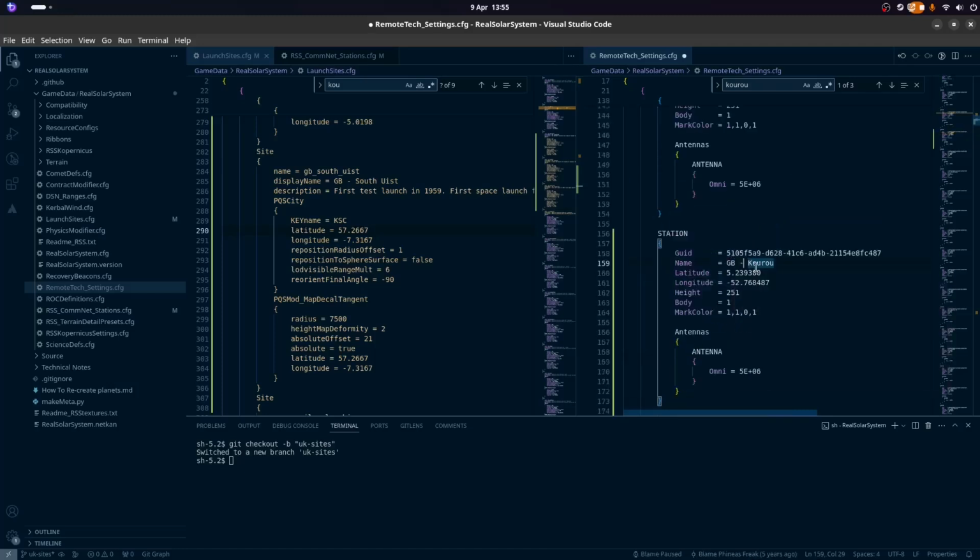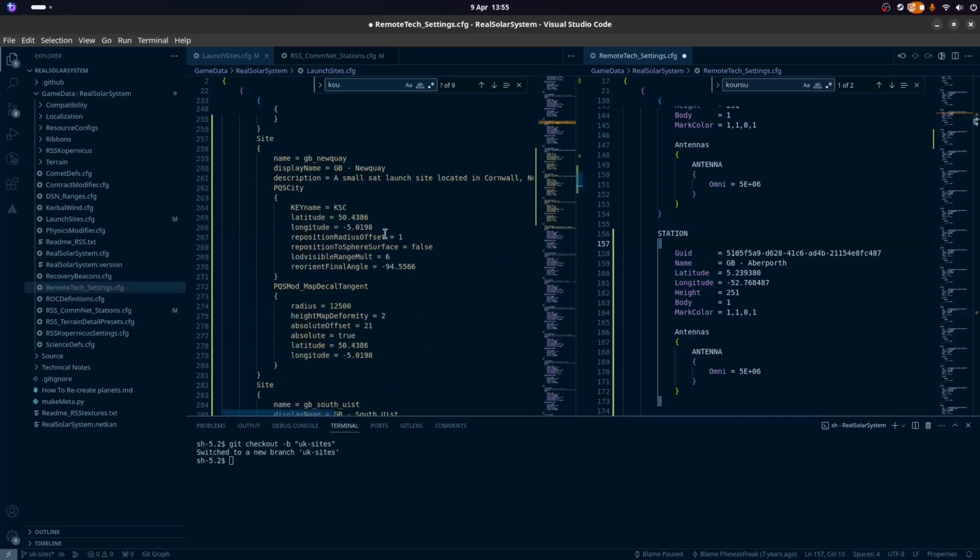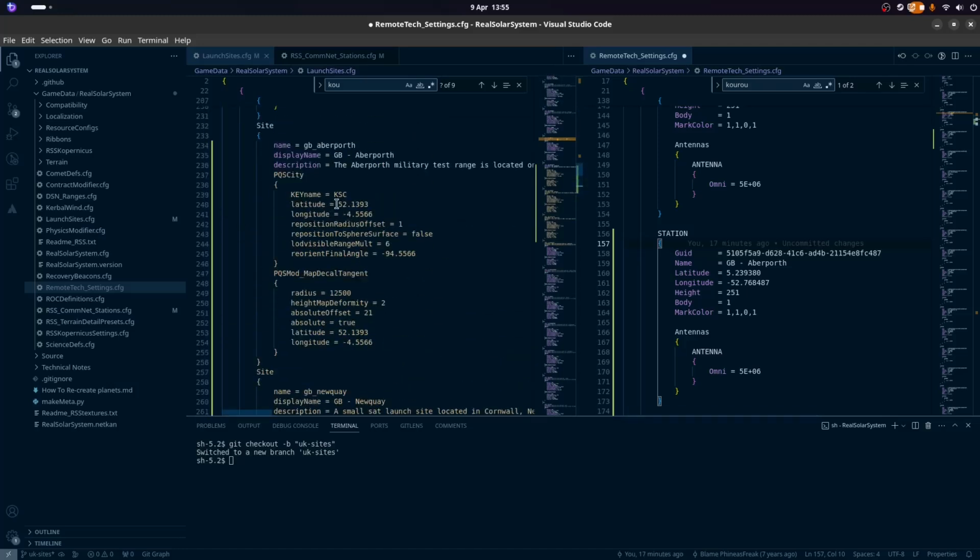So this is GB Aberforth. Our latitude is up here, 52.13. Our longitude. What is our height?